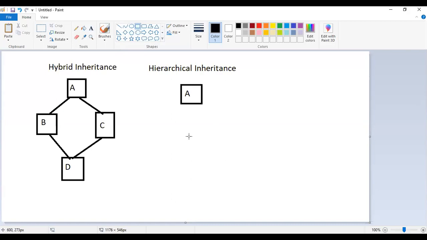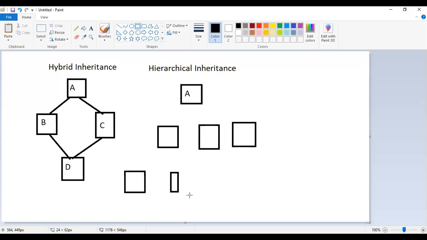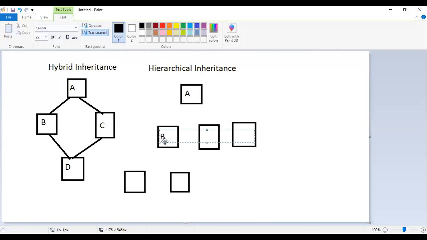Means the first element is our root, then from that particular root multiple classes are derived. Again, all these derived classes are base classes to multiple derived classes. So suppose this is A, B, C, and D. Again, next one is another class. So it will form the hierarchy.